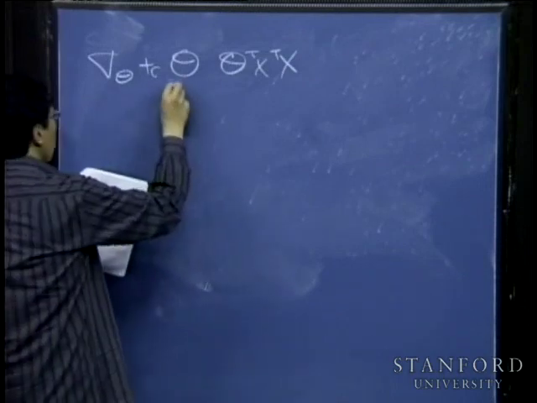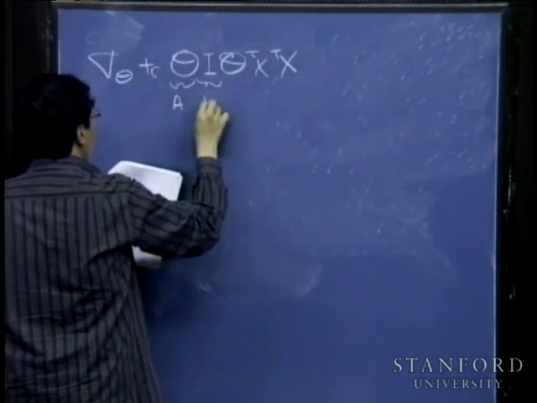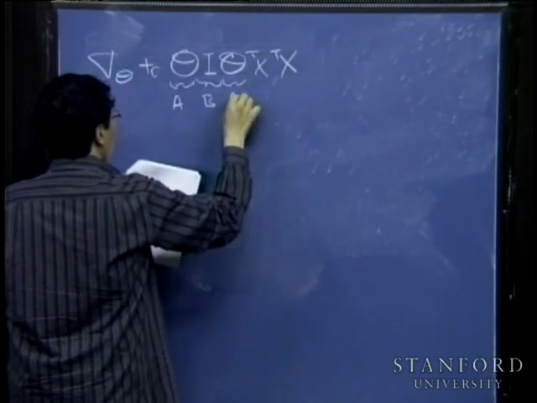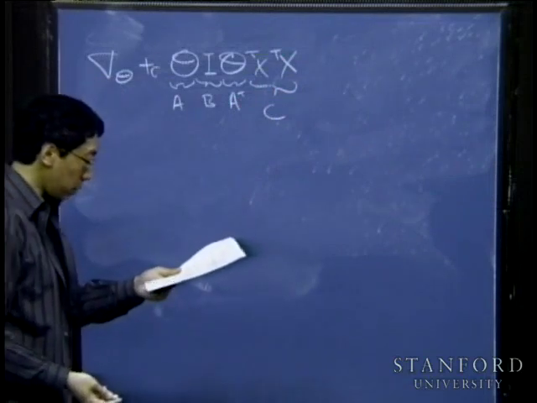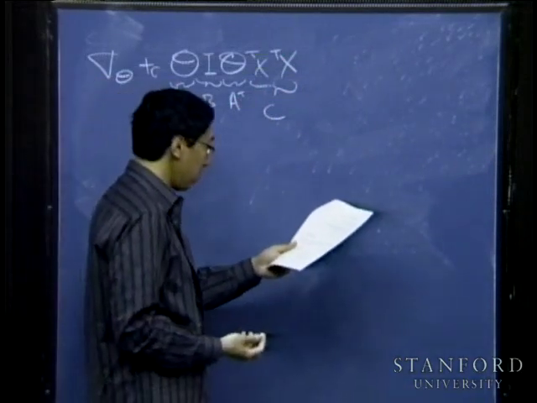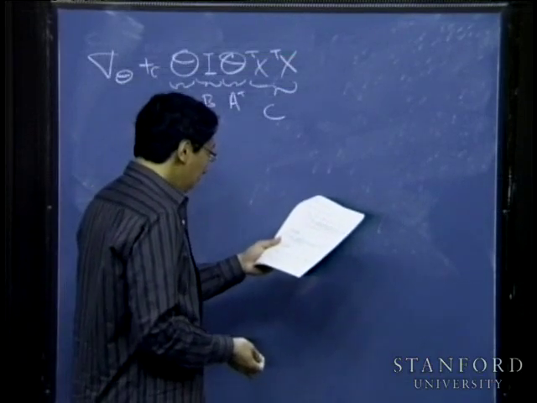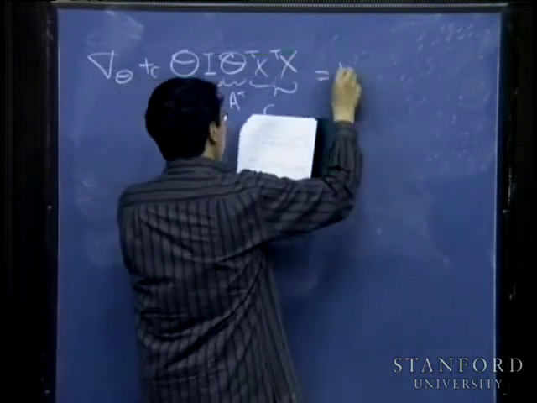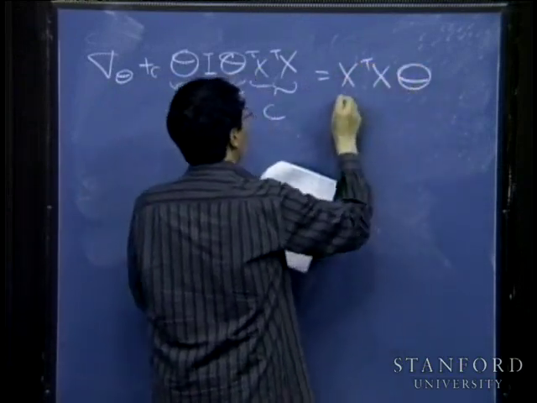And I'm going to let this be A. Insert the identity matrix there. So this is AB A transpose C. And using a rule that I've written down previously, that you find in lecture notes, this is just equal to x transpose x theta,